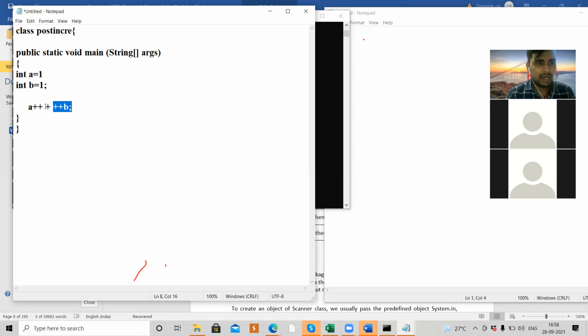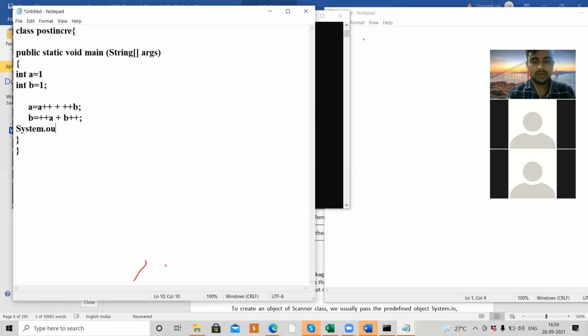Okay, and I'm going to put addition here. Whatever the result, put it in A. They ask this same way in interviews, so I'm going to explain this example neatly. How you have to approach here: ++a, and then plus, and then b++. So these expressions I have written, and I'm going to assign it to B. This value is going to be assigned. After this, go and print the A value and B value.